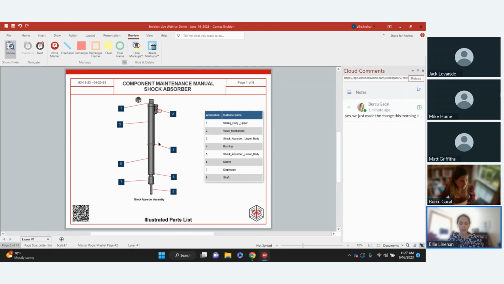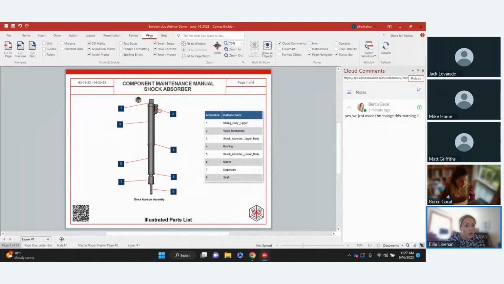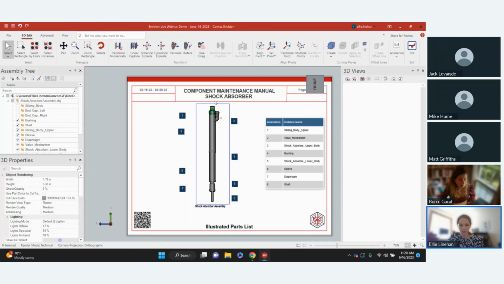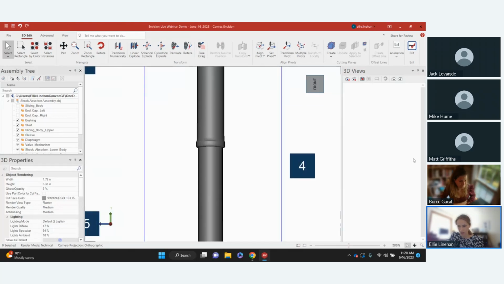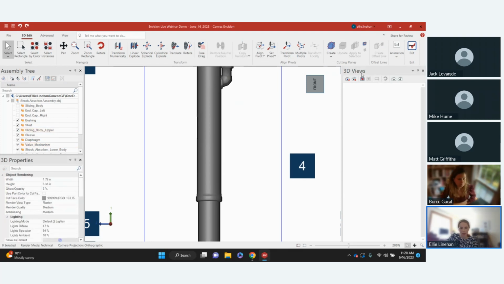I'm going to go in and change this model, and you'll see that it updates on the fly. So, all right. I'm going to zoom in and show you guys exactly what the model looks like now, so you'll notice the change. If I zoom in here, we'll see that these two components are the ones that we're going to change in this design, just so you know. I'm going to go right ahead,